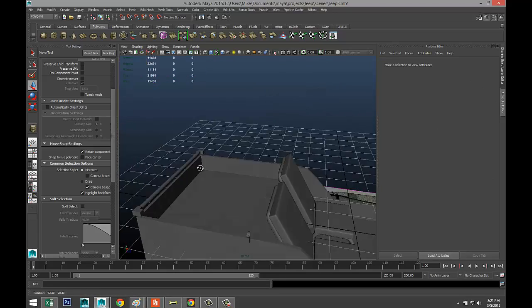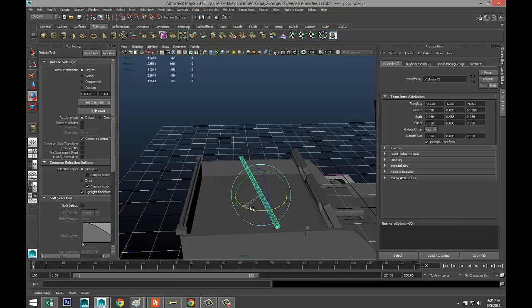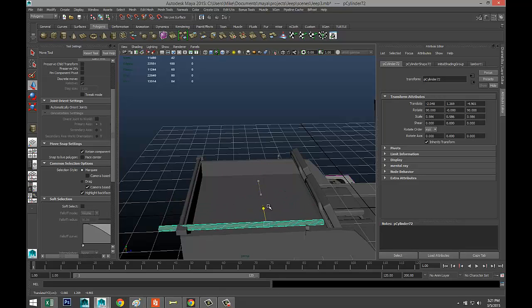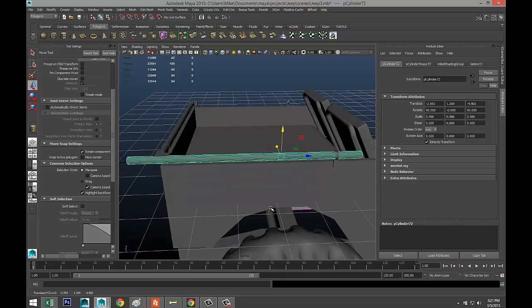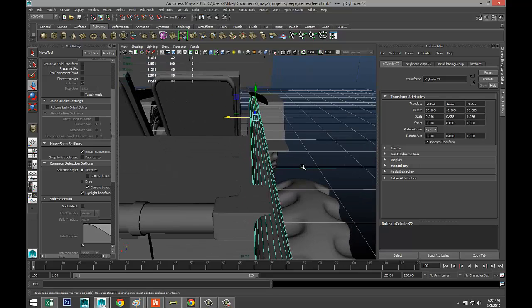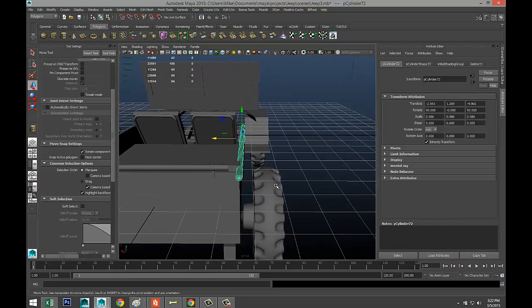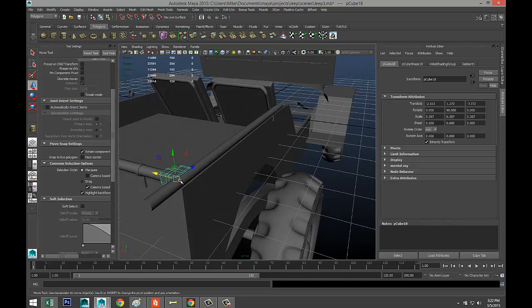All right. And then we'll take this bar, Control D, move it over, hit E, rotate that 90 degrees, hit W, pull that out, F to zoom in, and looks like we have some tweaking to do, but that's okay. So that guy is looking good. So we're gonna have to take this guy for